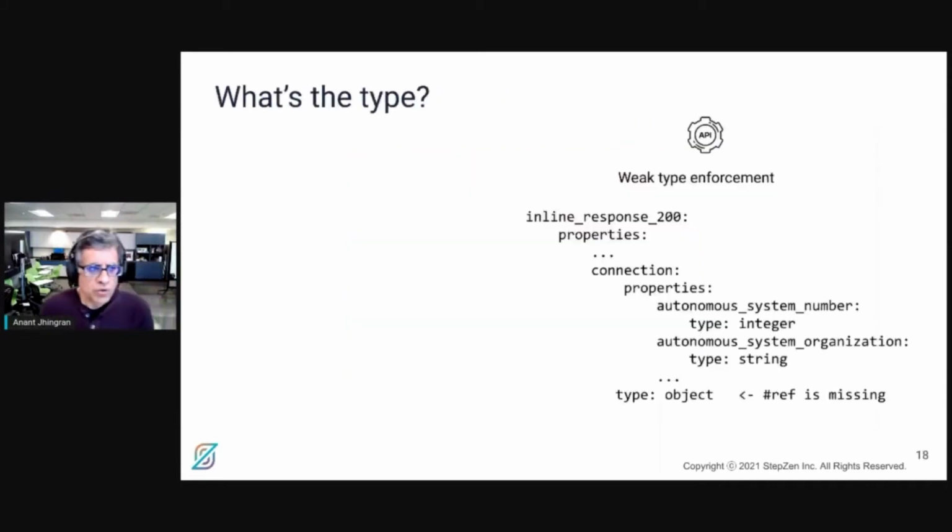Okay, so what we have seen, as we have been looking at OpenAPI specs and seeing what can be done with respect to GraphQLization of them, here is an example of abstract APIs OpenAPI spec, and it's all great, except that you see that the connection type has been declared of type object, instead of creating it as a ref. And of course, there are fields underneath it, but the whole wrapper has been made into a type object because somebody felt that it was not worth the time that he or she would spend in order to make that happen.